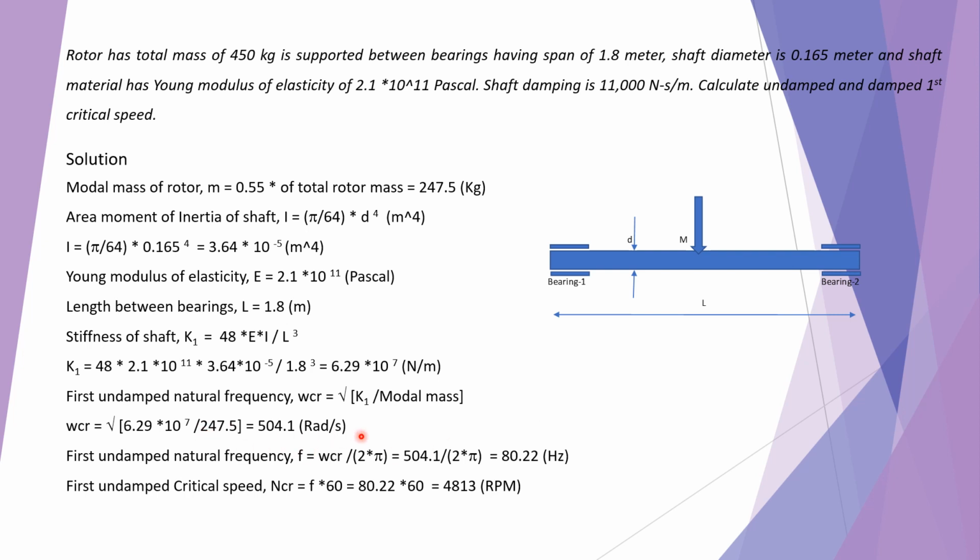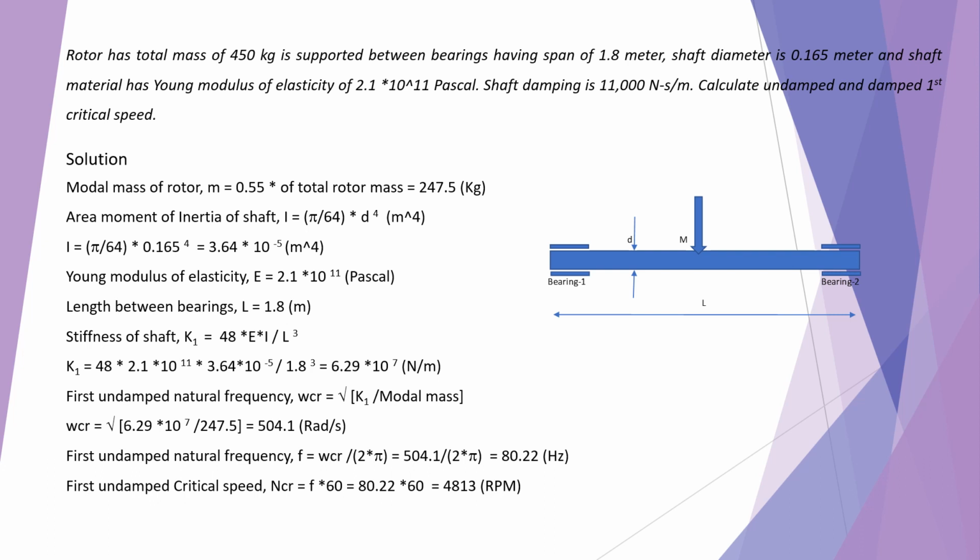The first undamped natural frequency omega CR is the square root of K1 upon modal mass, which is 504.1 radian per second. So the undamped natural frequency F is equal to WCR upon 2 pi, which is 80.22 hertz, and the undamped first critical speed in RPM is